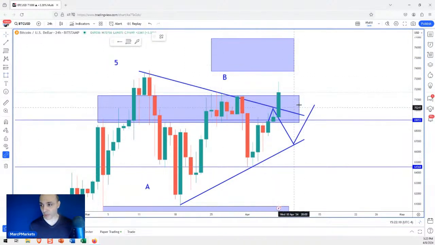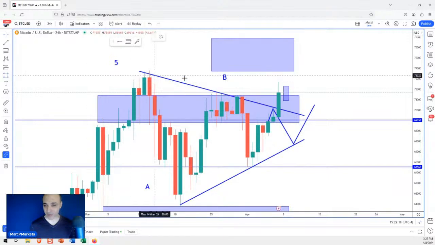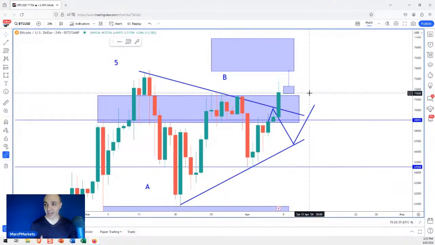We popped through, but if the next candle is bearish on this time frame, if we get something like that, especially if it's a pin bar, okay? If we get something like this, let me see if I can do a little pin, right? If we get a pin bar situation in the next candle, here, I'll move it over so it makes more sense. See, if we get a pin bar like this, then that is not exactly a range breakout. That's a fake out.